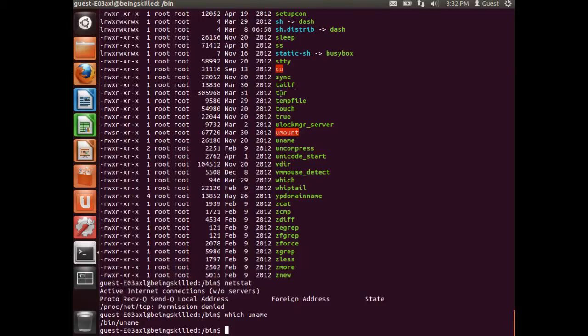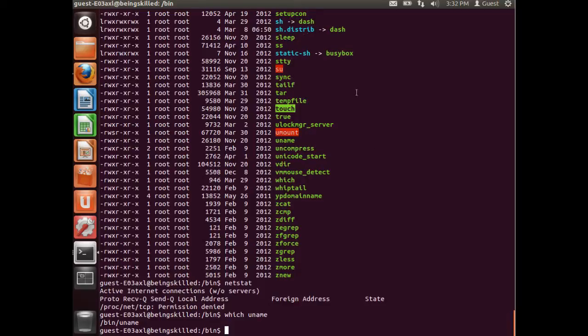And then we have tar, which is a very frequently used archiving utility. So it works just as rar or zip. It basically zips down or compresses lots of content into a single archive, and it's fairly easy to use. Then we have touch, which is again used for creating a very simple text document.